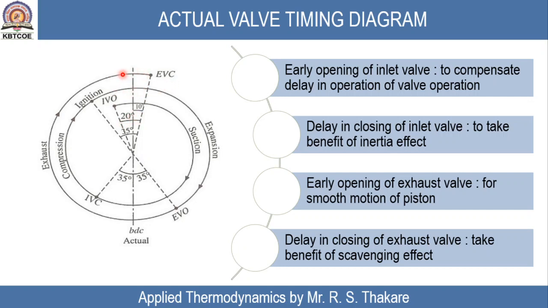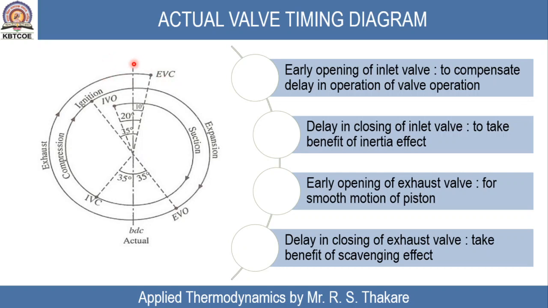So there is 30 degree of overlap period. What is overlap period? During this period both valves are open. So what happens during this overlap period, there will be intake of fresh charge and there will be release of burnt charge. When this fresh charge enters into the cylinder, it will push combustion product out of cylinder. Okay, so that process of pushing exhaust gases with the help of fresh charge is called scavenging process. Okay, so this overlap period is very important.